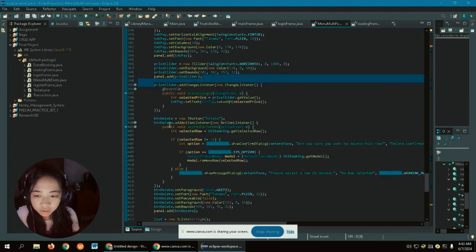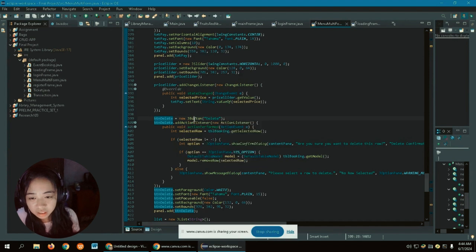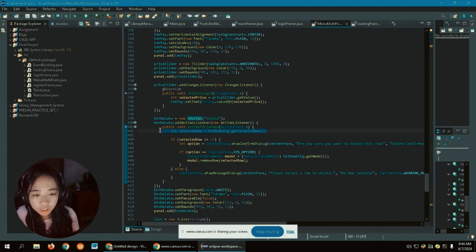Then here is the delete button inside the main. This indicates a new JButton to make a new button for delete. And if you click a row, it will first validate if you want to delete that row.